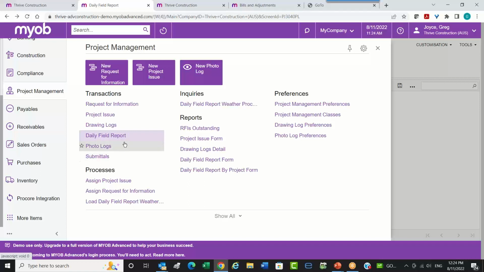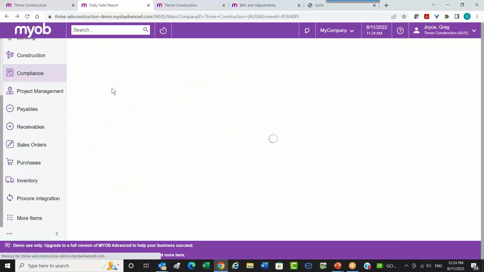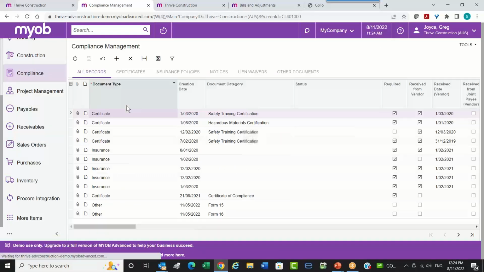Submittal's not often used, but if you need to do sampling for particular types of materials, you can do that as well. You also get compliance. So we'll talk about what compliance does. So compliance is